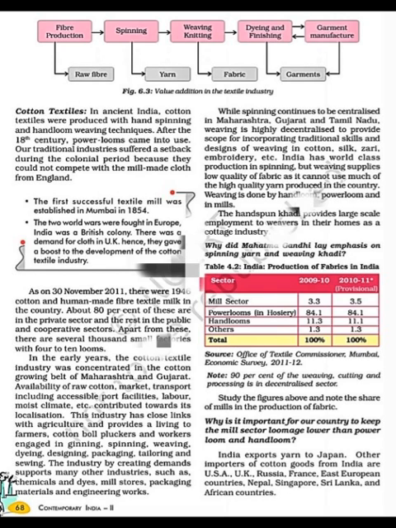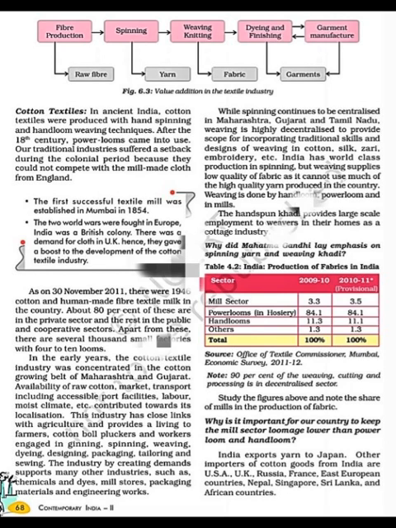So due to this, our handicrafts, our artisans, our weavers, our textile industry suffered a huge setback. So now, students, as on 30th November 2011, there were 1946 cotton and man-made fiber textile mills in the country, and about 80% of these are in the private sector and the rest in the public and the cooperative sector. Now, students, in the early years, the cotton textile industry was just concentrated in the cotton growing belt